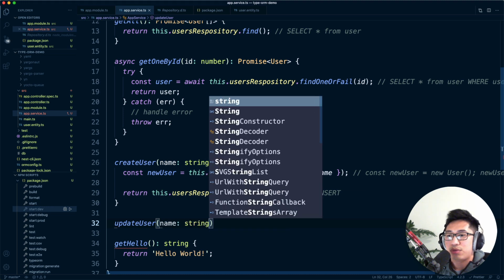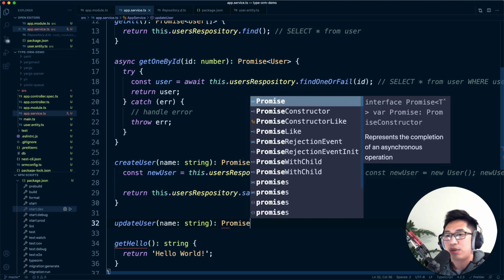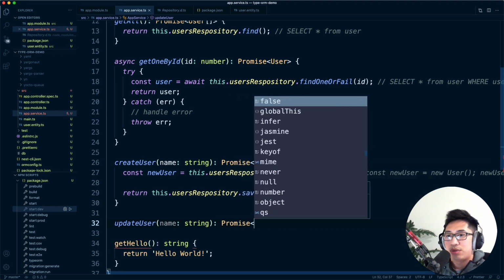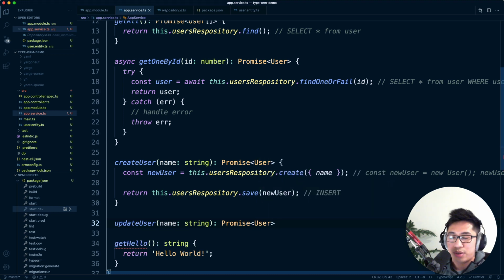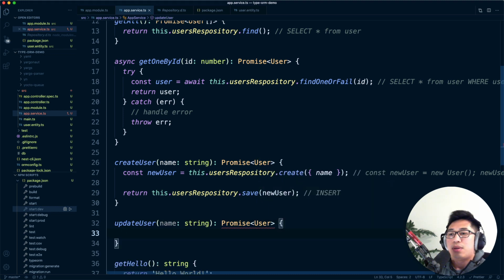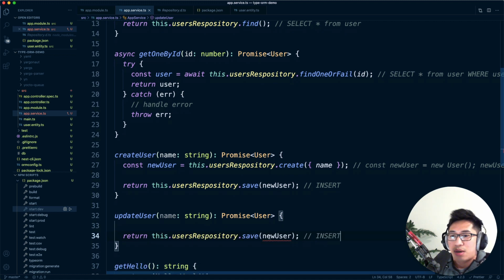Let's do name again here. And again, we probably want to return the updated user, right? Like if you have a client, you almost want to get the new data back. Now, a similar thing: we saw that the save can do an update for us. So we're going to copy that, but we're going to do